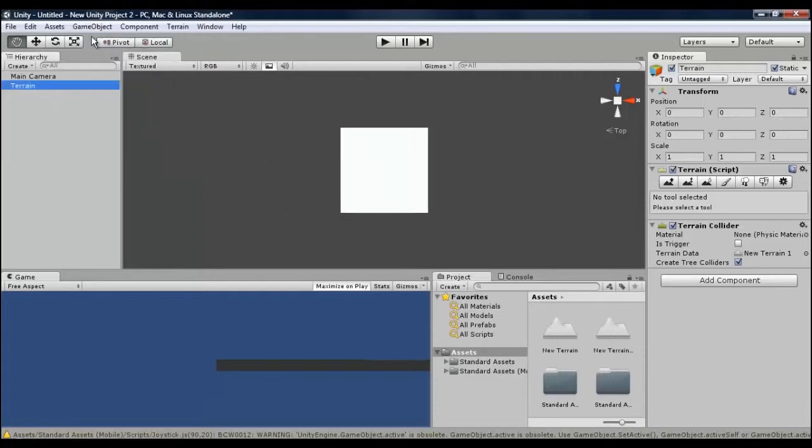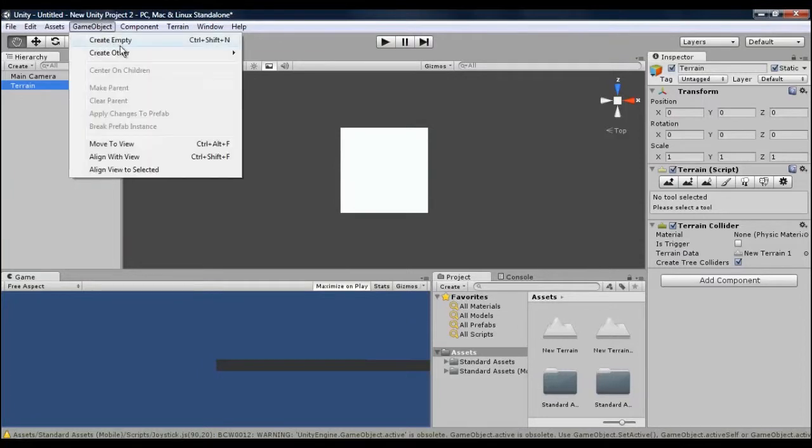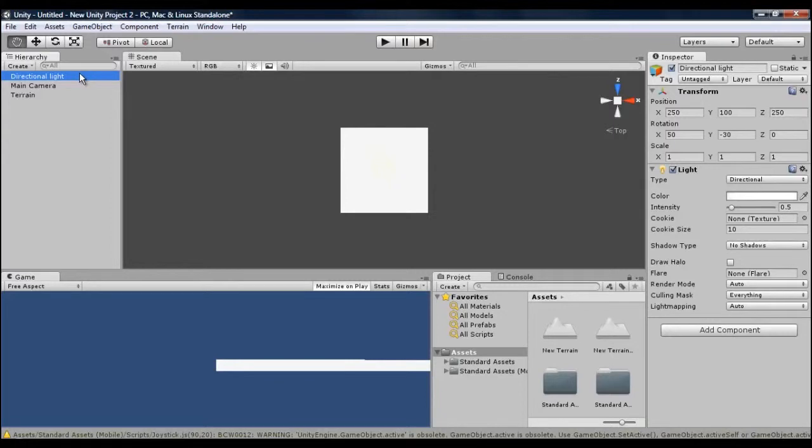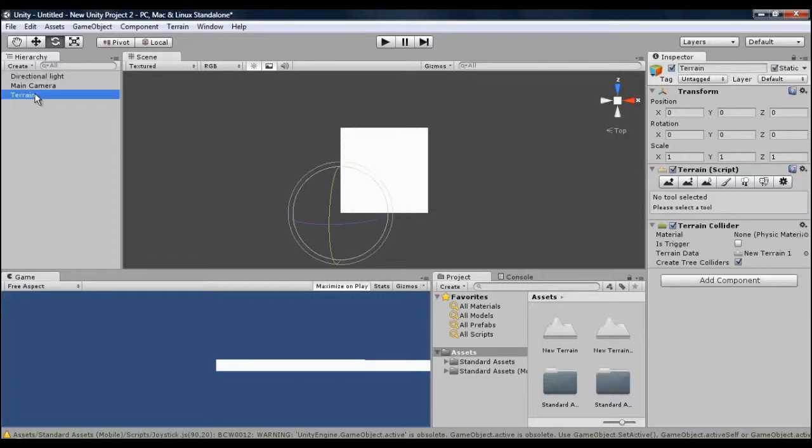By double clicking on terrain, I can zoom into my terrain. Then we're going to go to Game Object and Create Other to create a directional light that goes on our scene. By using the Orbit tool, we can drag the light back and forth, creating the dark and light areas. But I'm just going to leave it here right now and click back onto my terrain,